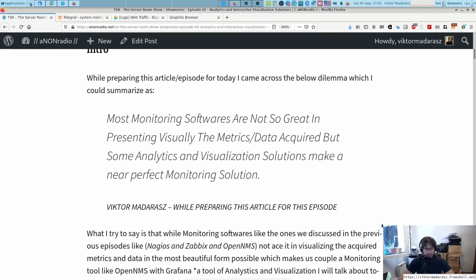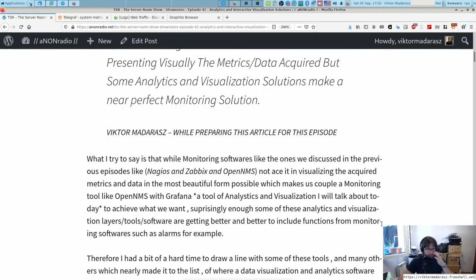What I'm trying to say is that while monitoring software like the ones we discussed in the previous episodes, OpenNMS or Nagios or Zabbix, are not very ace in visualizing these acquired metrics and data in the most beautiful form possible,